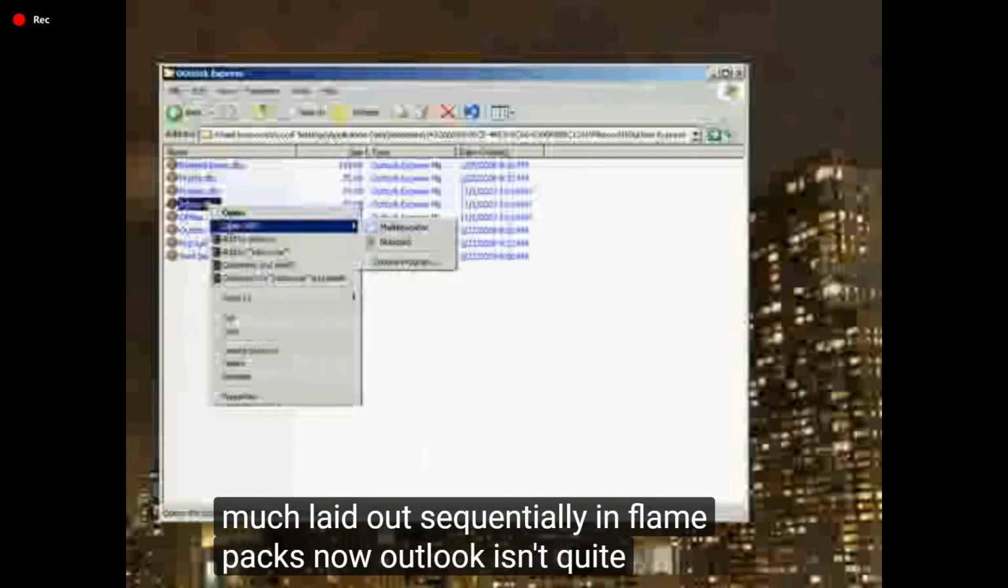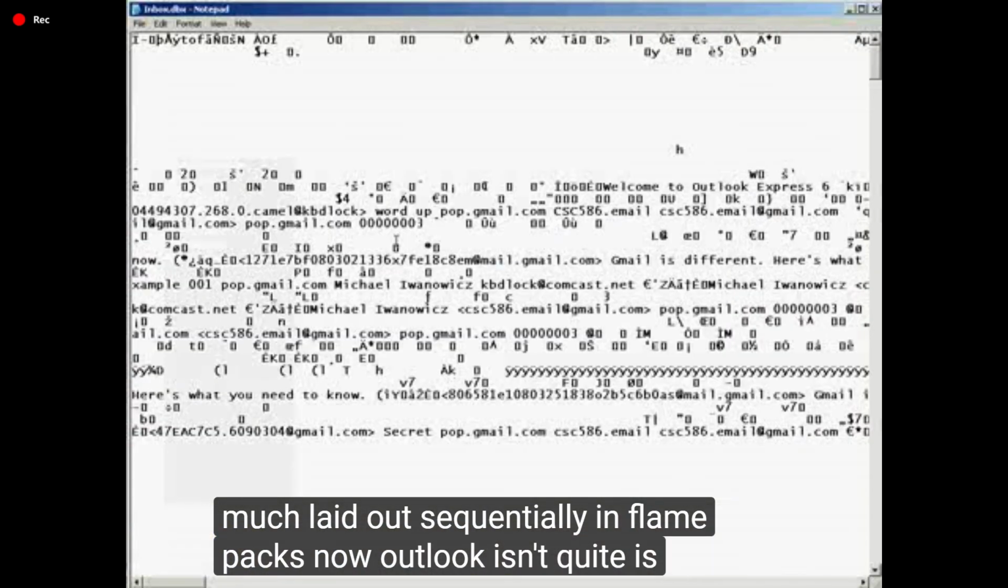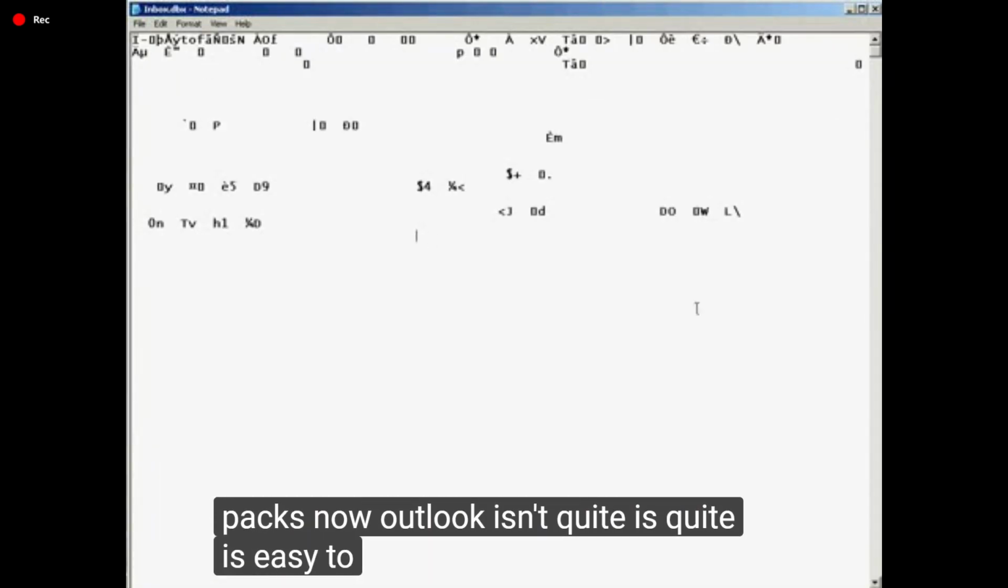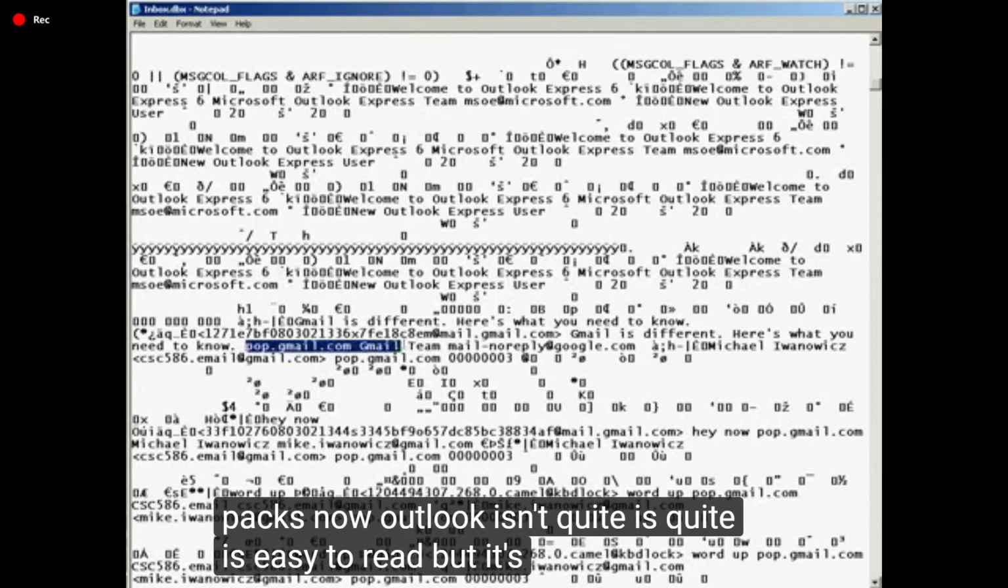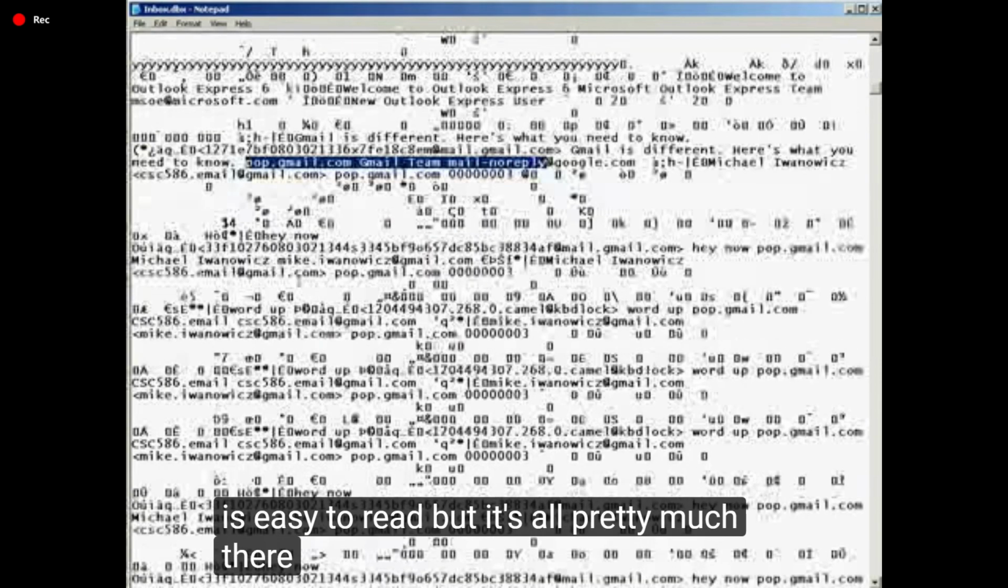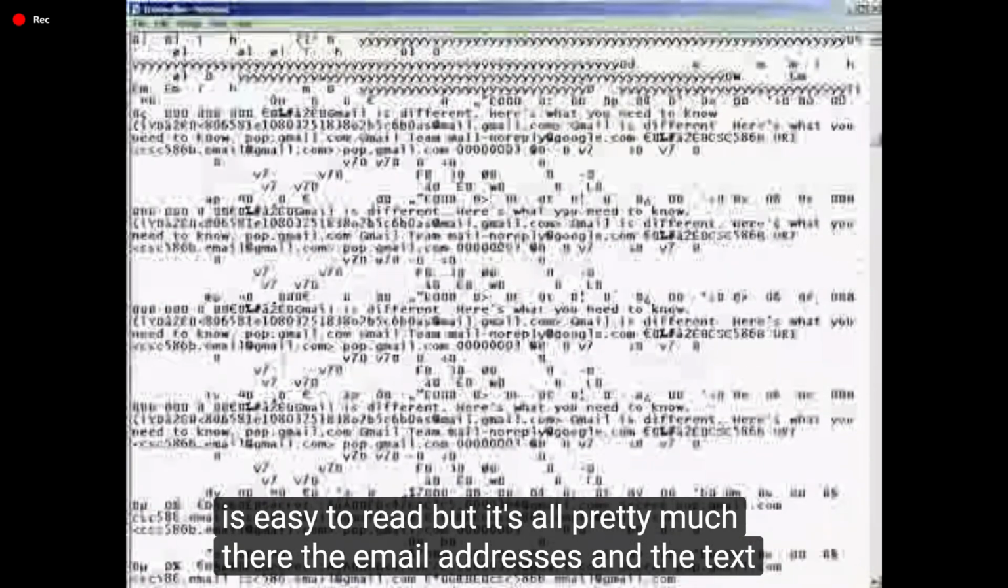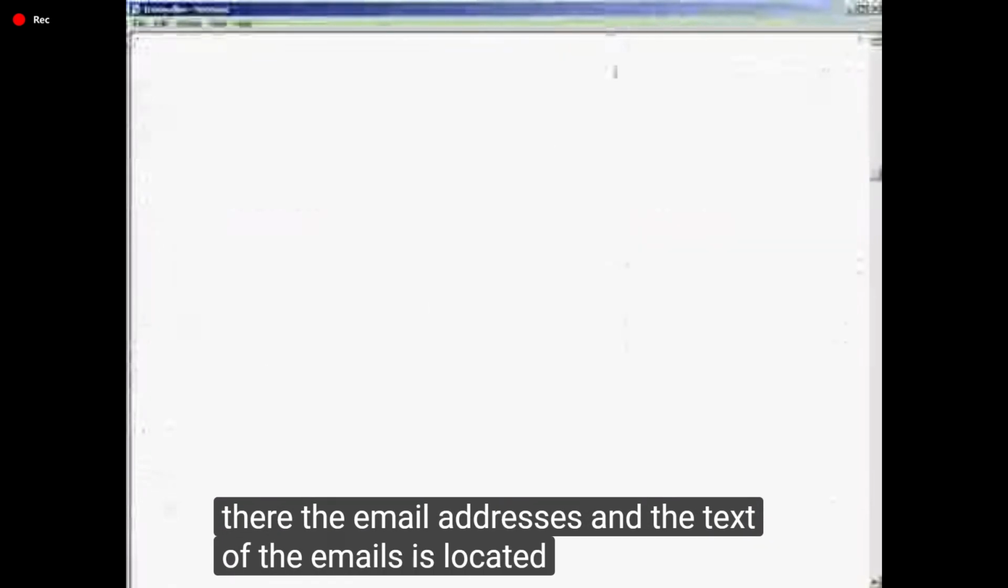Okay, now Outlook is not quite as easy to read, but it's all pretty much there. The email address and the names of the email are located in here, but